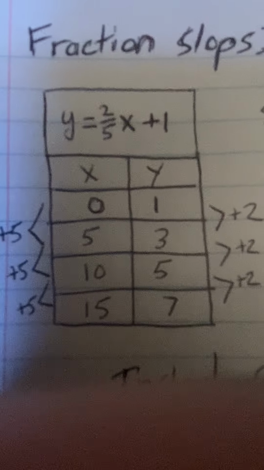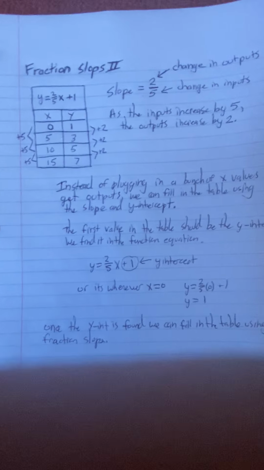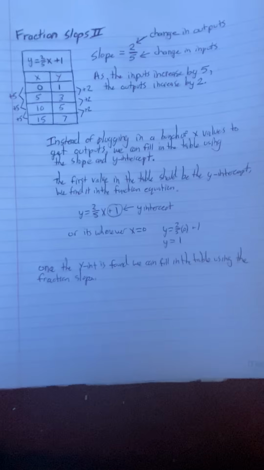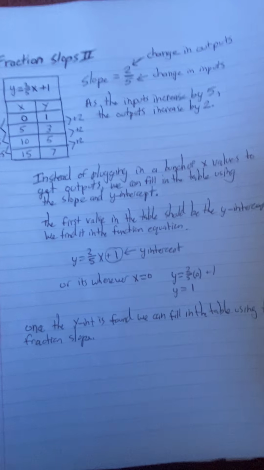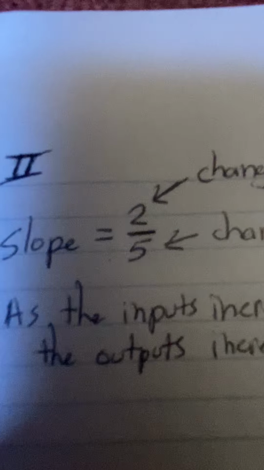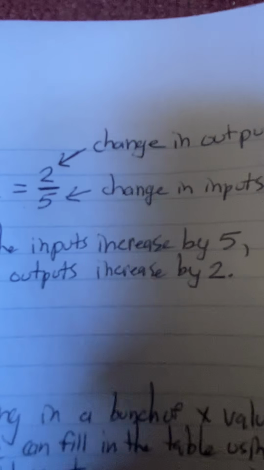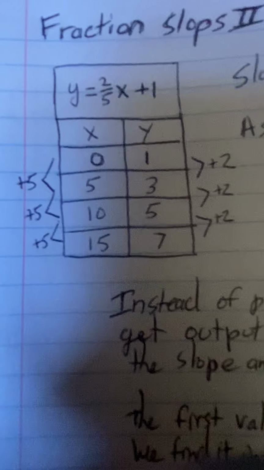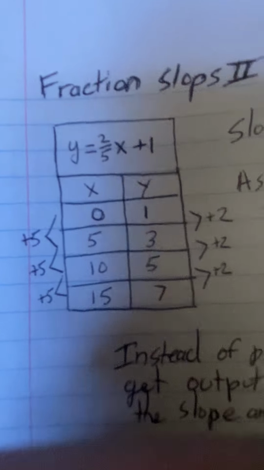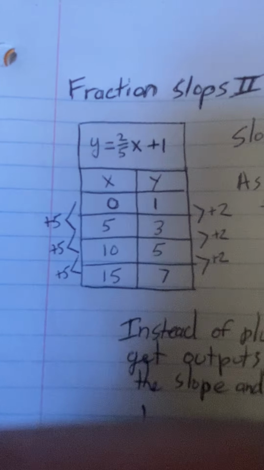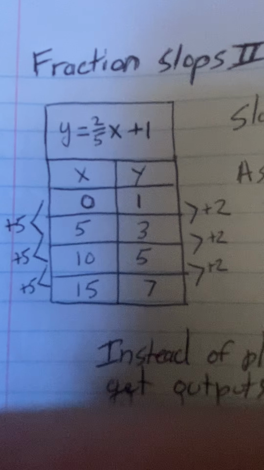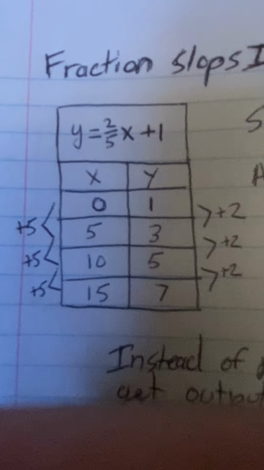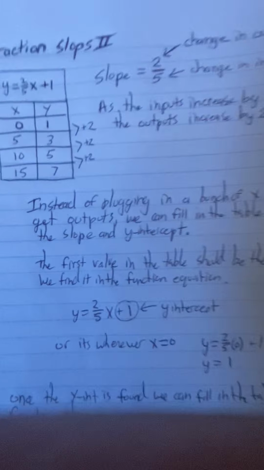Okay, and we just quickly filled in the table. The whole point of fraction slopes 2 is for you to see that you can still fill in the table by just plugging and chugging numbers into the equation, but that's going to take much longer. It's much faster to fill in tables now using the different parts of our slope, the different changes in outputs and the changes in inputs. The only work required is for you to find the y-intercept, because the y-intercept is going to be the first solution in the table, and it's going to be the solution that helps you find all of the other solutions in the table. Cool. All right, so finish this handout,